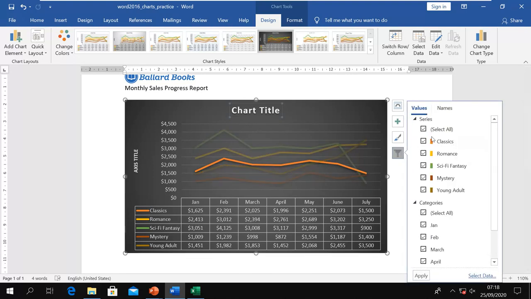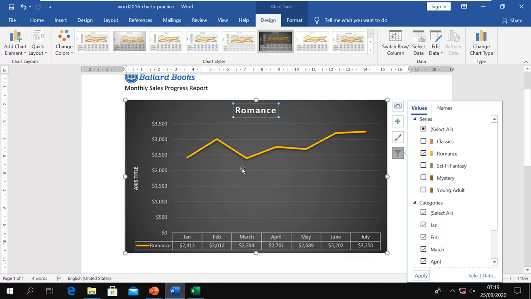So if you click on that, it asks you what you want to see. Let's say I don't want to see everything, I just want to see the romance, and I don't want to see all the months, I want to see only... no, I will see all months, otherwise the line will not reach the end. So after selecting what you want to see, you have to press apply, and then you can see your chart is changed, and it is showing only particular data.